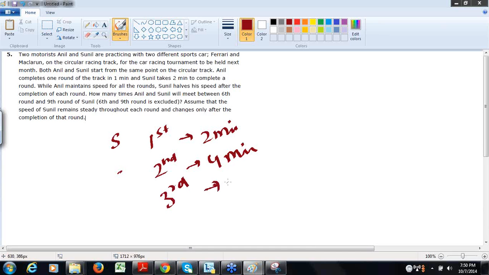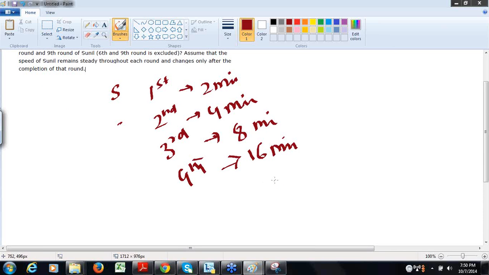Third round how many? 8 minutes. Fourth round how much time he took? 16 minutes. It is saying the speed becomes half. That means time will be double. So first round he took 2 minutes. So second 4. Similarly third 8, 4th 16, so 5th 32 minutes,